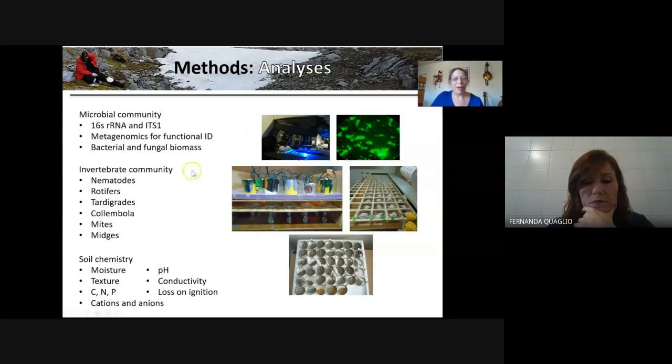In addition to measuring the biotic community, we also looked at numerous soil chemical and physical parameters that would relate to biology, everything from moisture to texture, carbon, nutrient content, all the cations and anions of typical importance, pH, salinity of the soil, so a variety of soil and chemical parameters, and we also downloaded climate data for all of these sites. So we have a lot of data. We don't have time to go over all of the details, so this will be a very brief overview of kind of the highlights of what our data have to tell us.